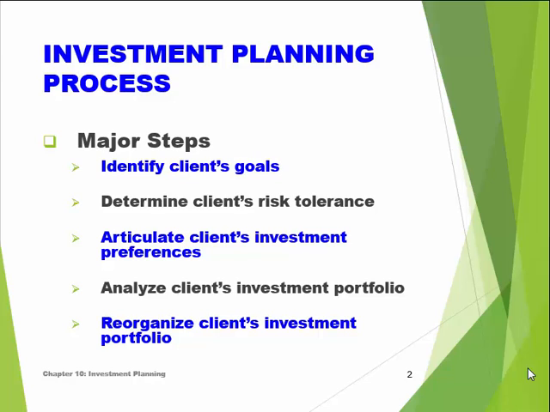Combine that with what their risk tolerance is. Now that's usually the hard part, to really try to identify and combine those two things. The next thing we need to do, obviously, is to talk about what are the client's preferences for investments. What assets are going to best meet their goals and their risk tolerance. Following that, we're going to look at and determine the weights, the investments that we'll make in those assets in their investment portfolio. And then, of course, over time, we're going to manipulate or reorganize that portfolio to match their